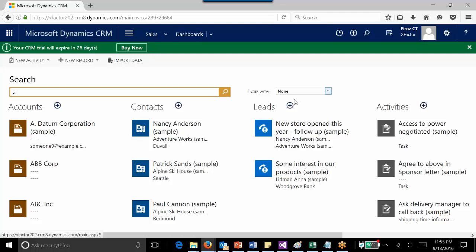One thing we need to remember here is that as a system customizer or system administrator, you can include your out-of-the-box as well as custom entities for which global search can be configured. We will see that in a different video. As per your business requirements, you can change which entities need to be included in the global search. And also,